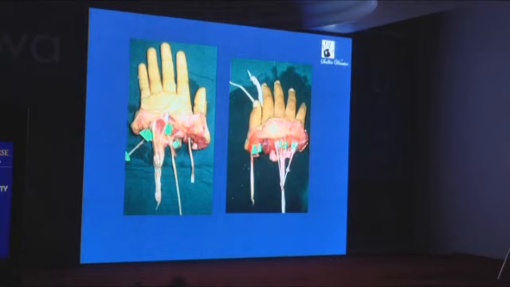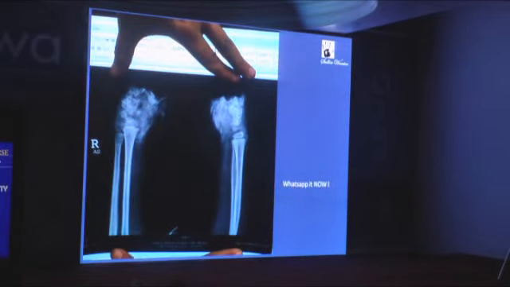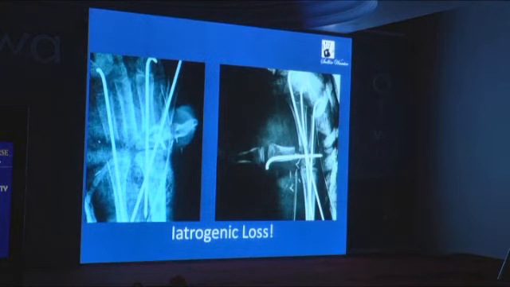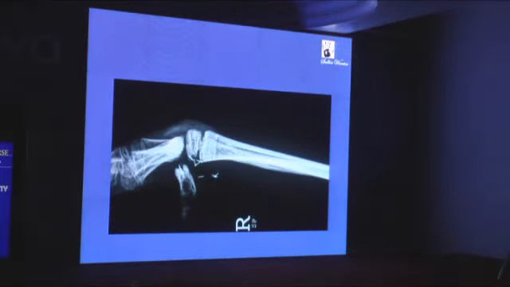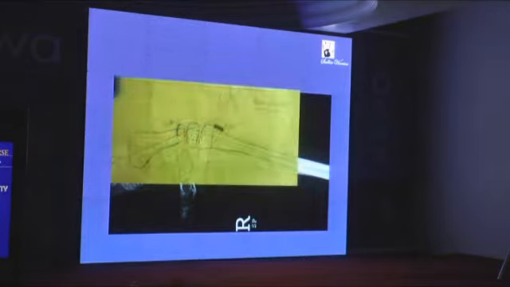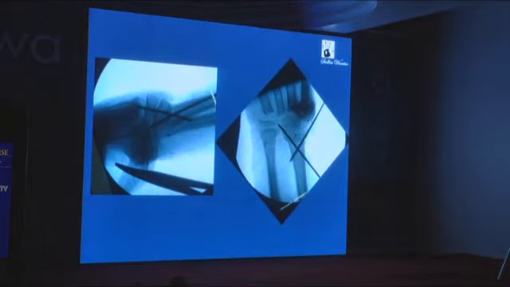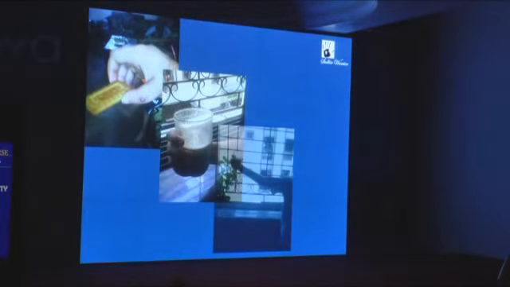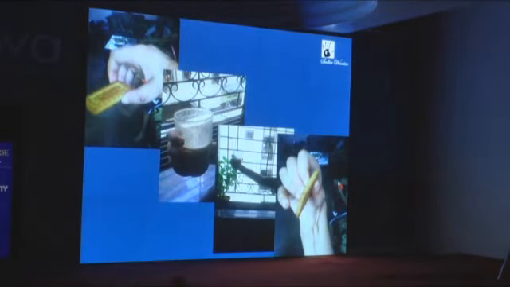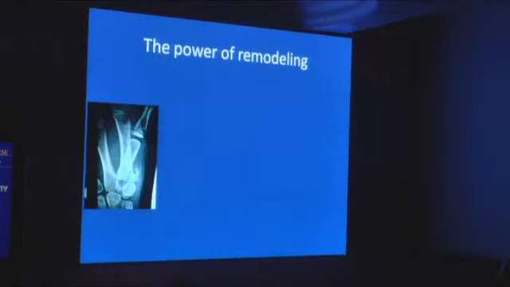Some of them are not reconstructable, like in this one, where you just can't reconstruct it. We won't go into that. So you just avoid the CMC joint. Here we've shortened everything, we put it together, and the reason I've brought this is to show you the limitation of what we did and how important it was. We did an osteotomy of the distal radius, got everything back into place, etc. But this is the limitation of the thumb function, which looks fairly good on pictures, but you can see the shape and you can see the movements completely affected. So it only functions like a post. So that joint is extremely important.